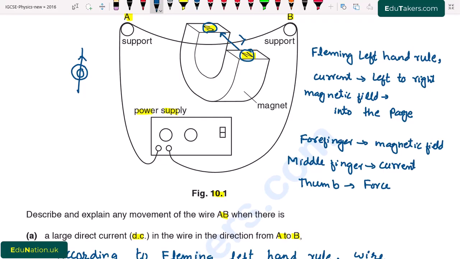When this wire is placed in the magnet, the magnetic field of the magnet and the magnetic field of the wire both interact with each other, due to which there is a force on the wire, and this force will be vertically upward and downward, because here the current is alternating and changes its polarity again and again. So the wire moves vertically up and down in the form of vibration, because the vertical force on the wire alternates due to the interaction of the magnetic field due to the magnet and the other magnetic field that is due to the current carrying wire.